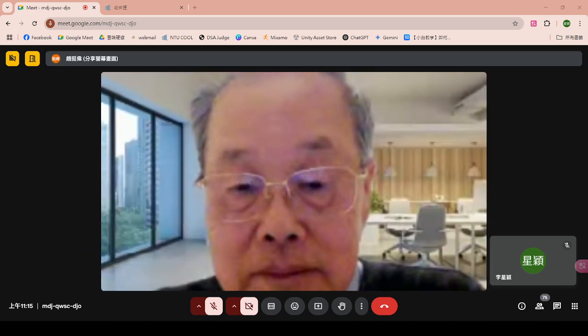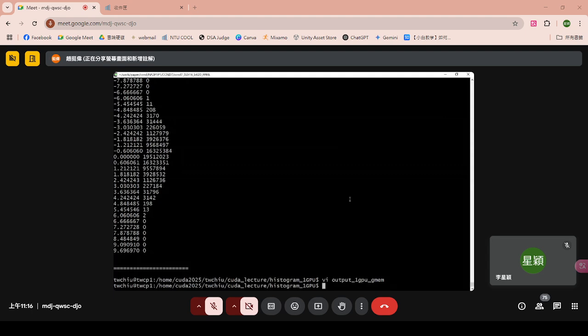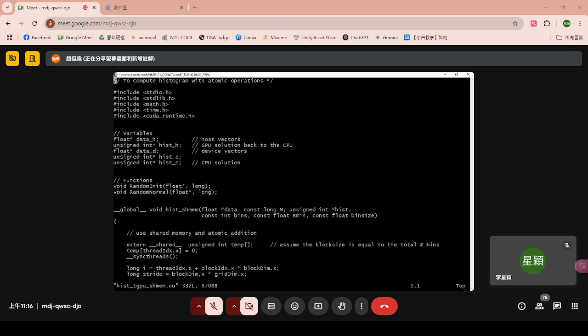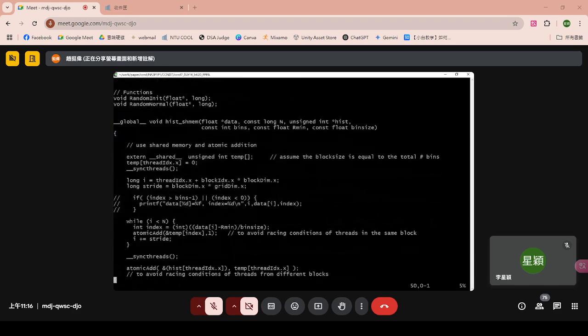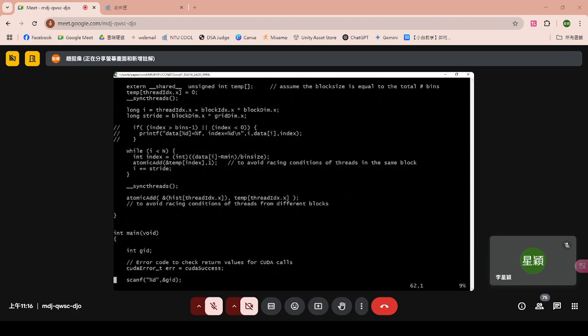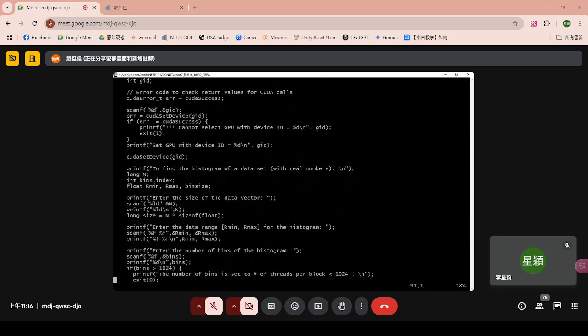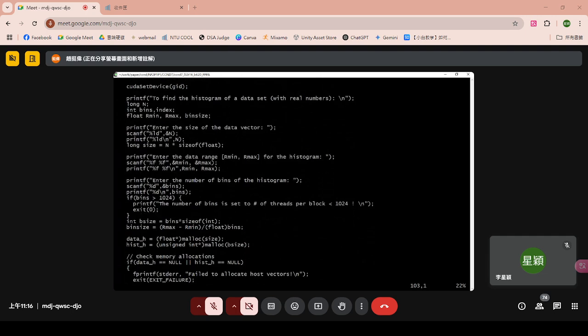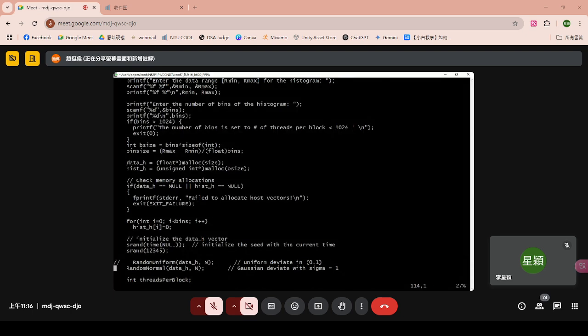GPU shared memory. Let me go to the main code. All our parts are the same except